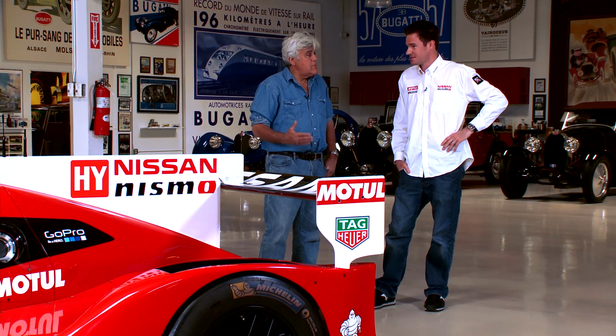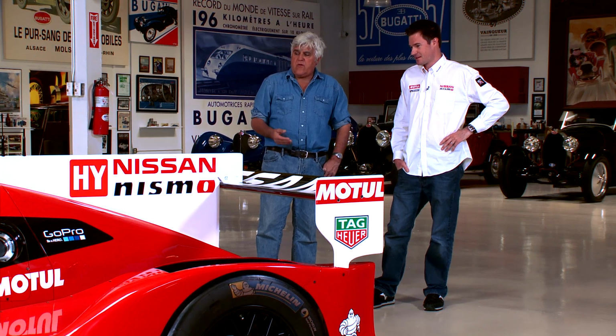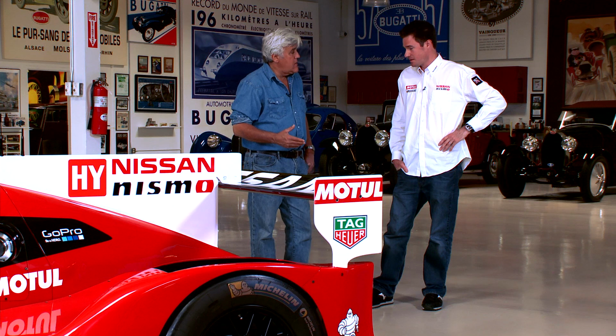Well, that doesn't seem like a whole lot, but when you combine it with the hybrid system, you're looking at probably what? Well over 1,000 horsepower. Okay, there it is. So that's interesting. So the actual engine is only about 50% of the power, isn't it? Yep. Yeah, well, that's...